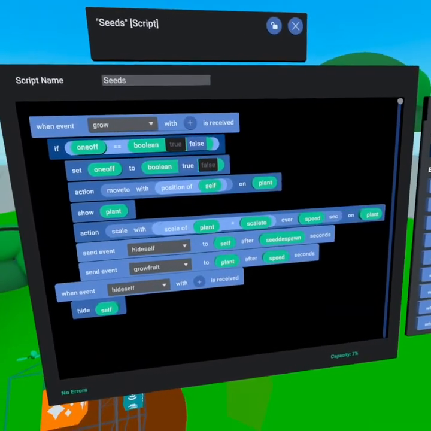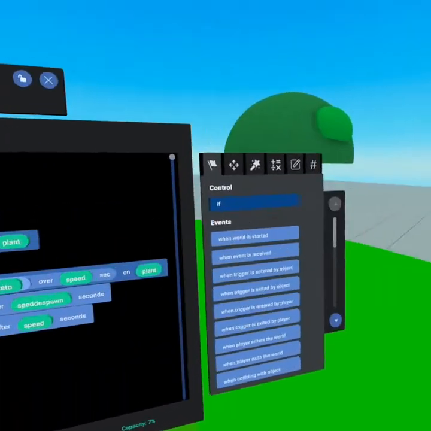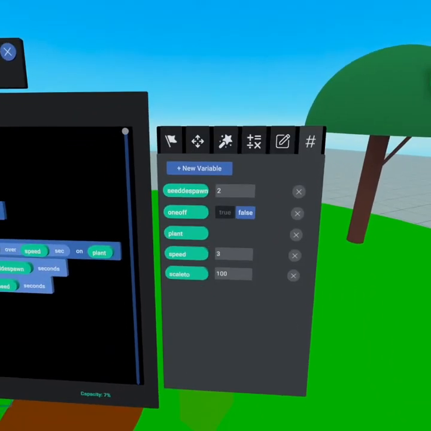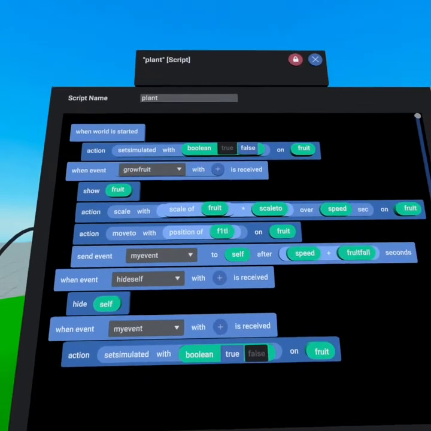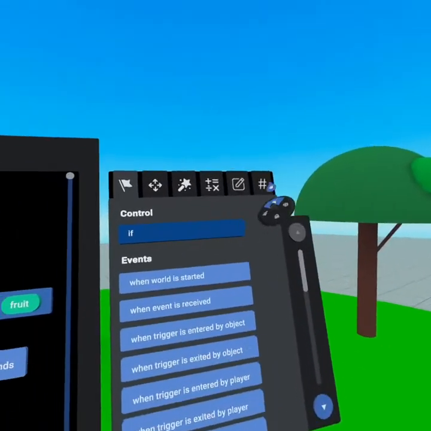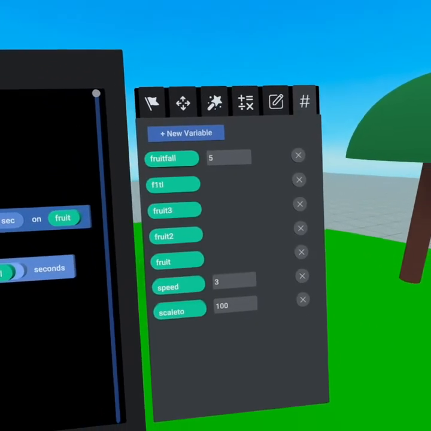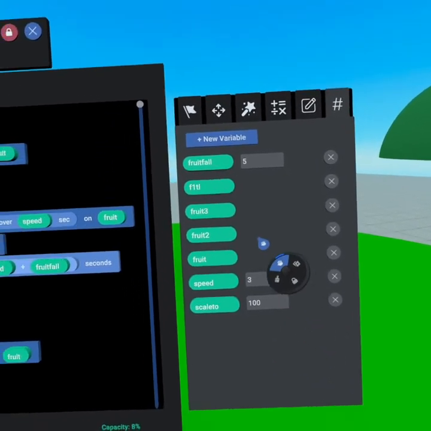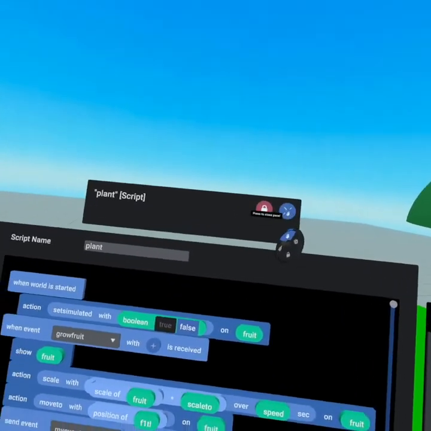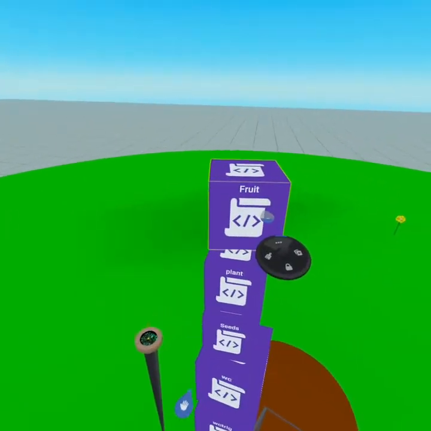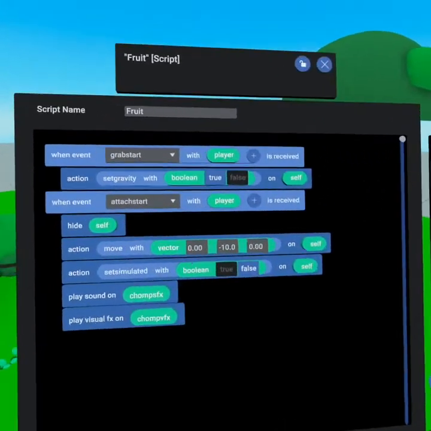And here are the scripts for the seeds and the variables. Here is the script for the plant, also known as the tree. And here are the variables. You'll notice there are 2 additional fruits that I haven't actually coded in, but it was the theoretical that you could do multiple fruits at a time. And here is our final fruit